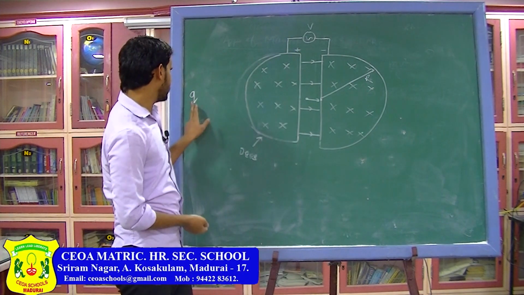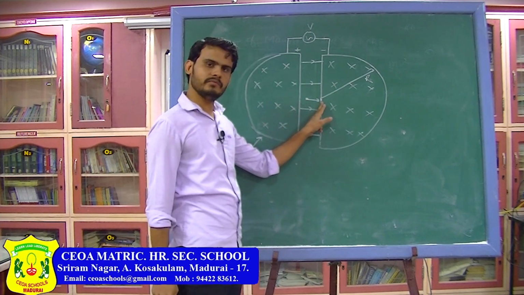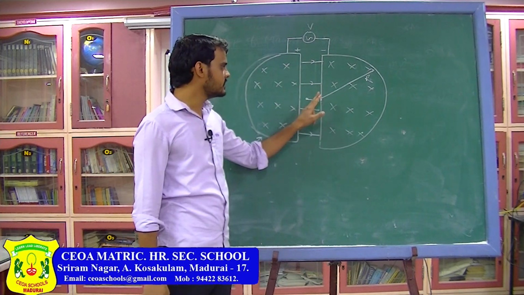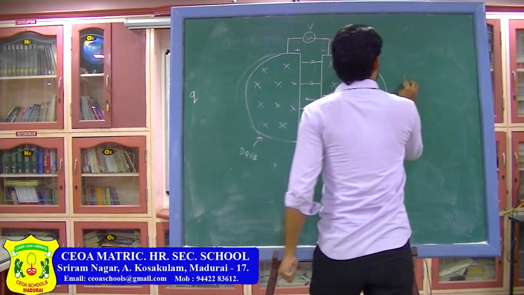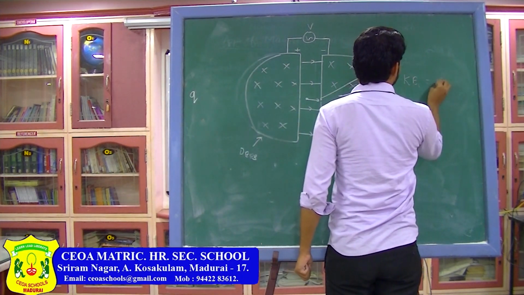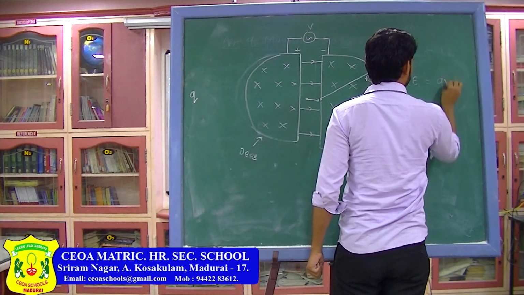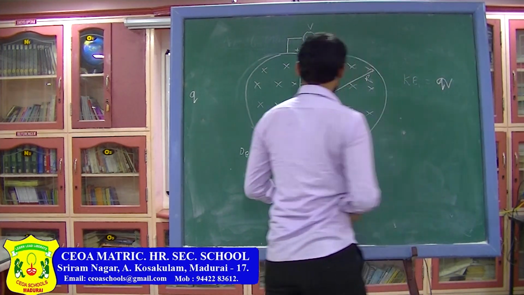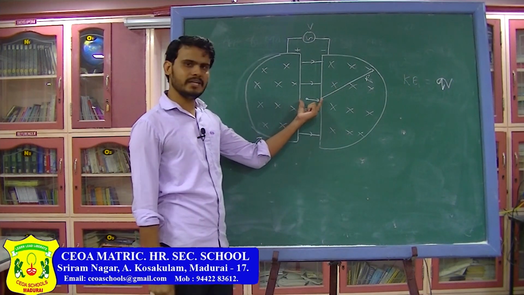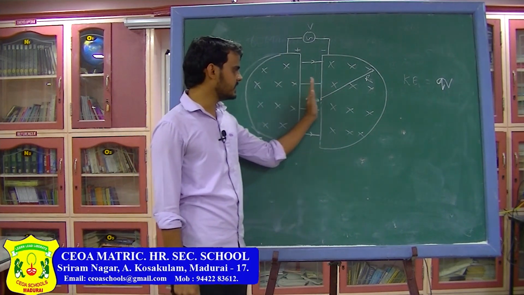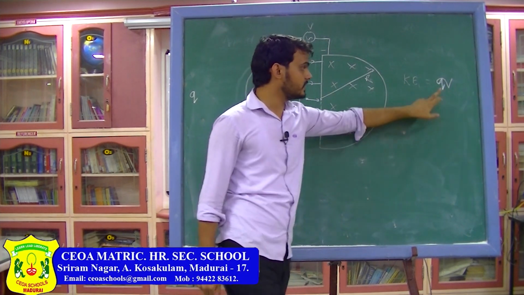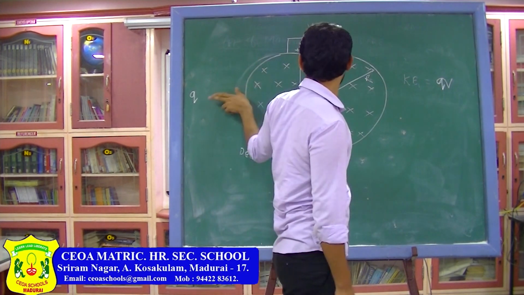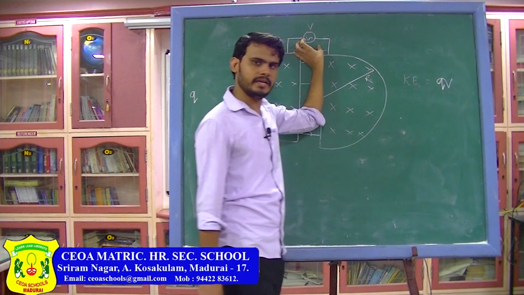Now the charge has moved from 0 potential to V potential. So, you can see when the charge enters at this point, it will have kinetic energy. When it first enters, the kinetic energy will be Q into V. Till this point there is only electric field, so the charge is accelerated in this direction and acquires a kinetic energy equal to Q into V. Here Q is the charge magnitude and V is the voltage of this AC source.